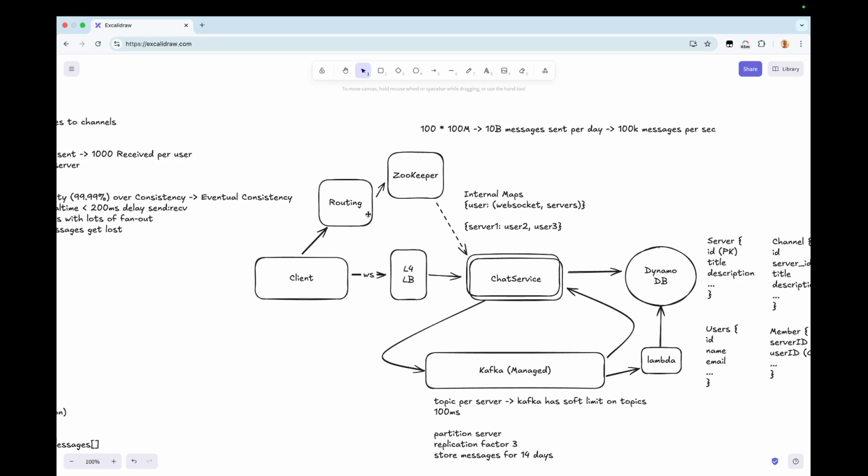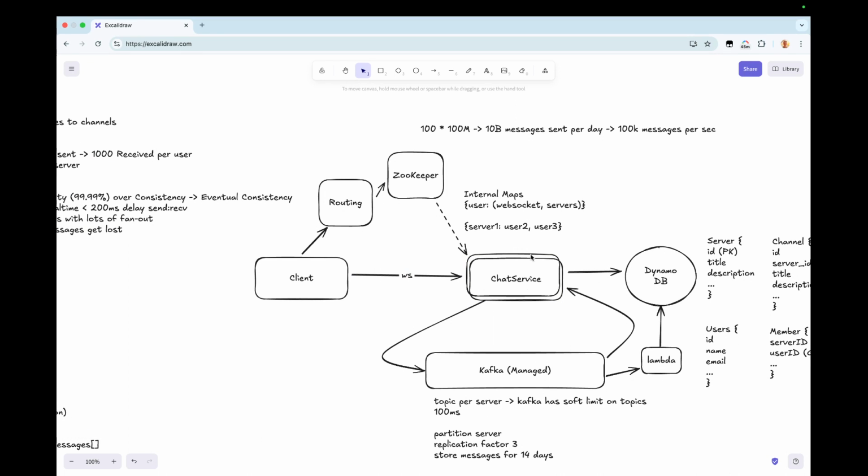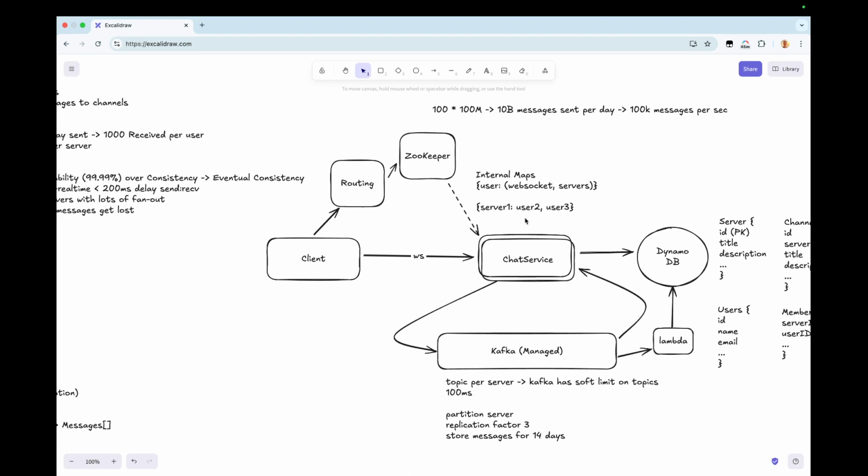The client will say, I want to join server 22. Zookeeper will say, okay, which one is server 22? And then essentially give us a chat service instance for the client to connect to. And then we don't need a load balancer because Zookeeper is playing that role. And then the client will just open the WebSockets connection directly with the chat service that we're interested in, and that solves the problem where chat service can only listen to a subset of the servers. The client connects to a subset of chat services.